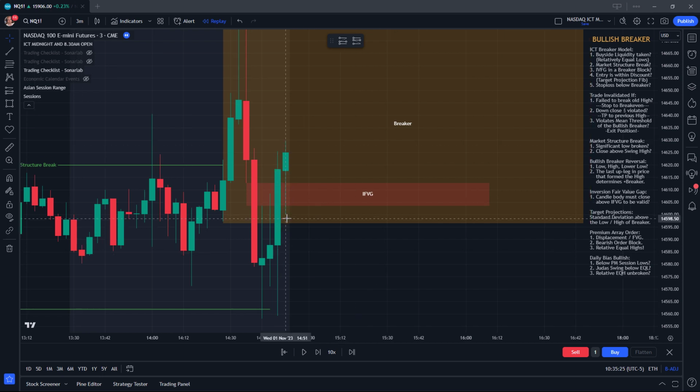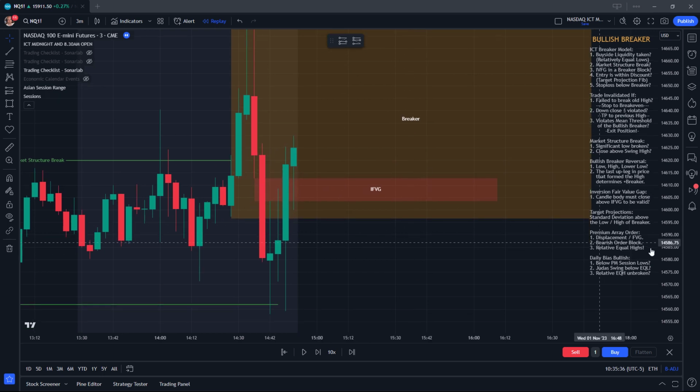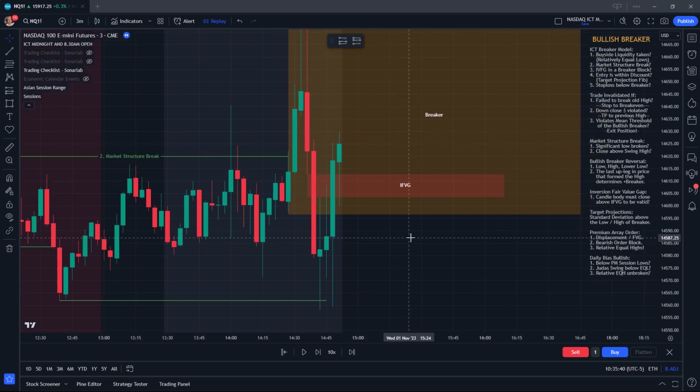So price comes back into it again. If we decided that this is our entry, it'd be okay to just sort of enter the position. But I'm actually going to be following the rules very closely this time, so I'm not going to be going off script. So in order to actually enter here, we need the entry to be within a discount,